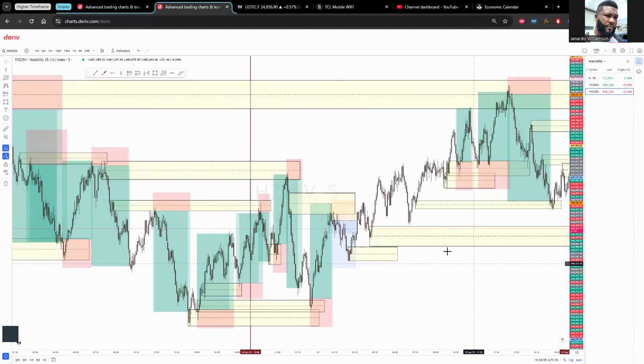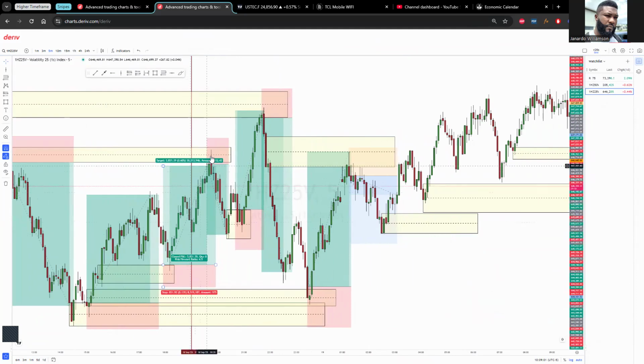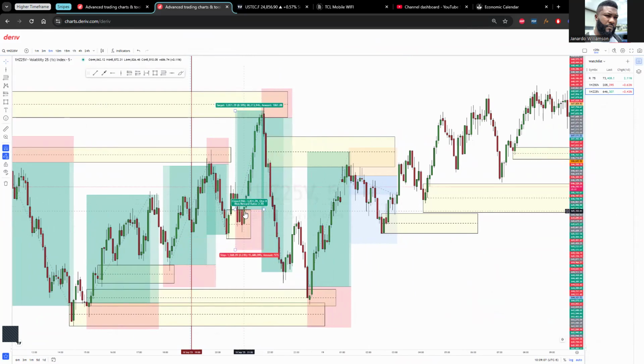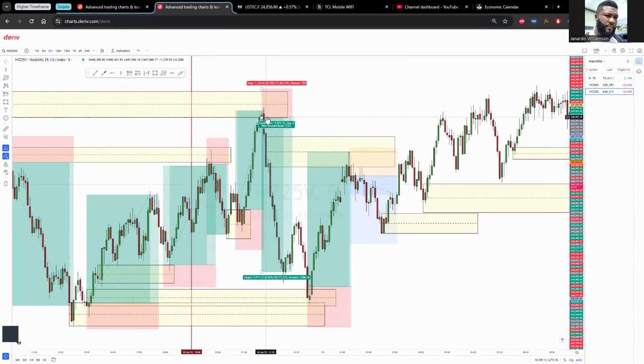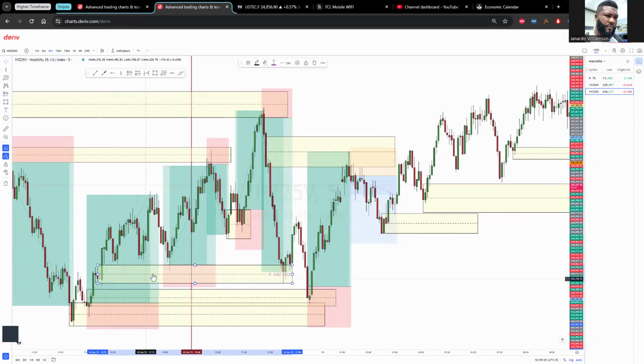So this is Volatility 25-1S. We opened right here, went up, came down, we created this order block right here, and we could have taken a buy from this zone right here, and we went straight up to this OB and sold from that order block, came all the way back down to here before we get a small reaction. So we came to this small order block demand level and we got a small buy here. Didn't get much reaction, but decent enough where you could get at least a one-to-one